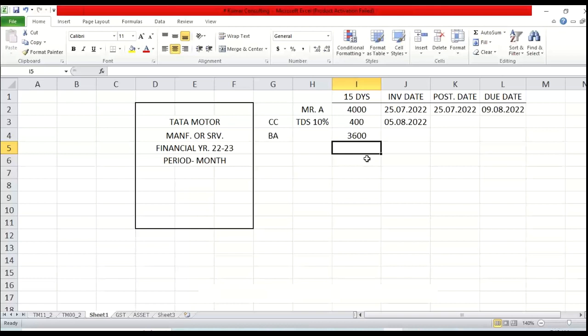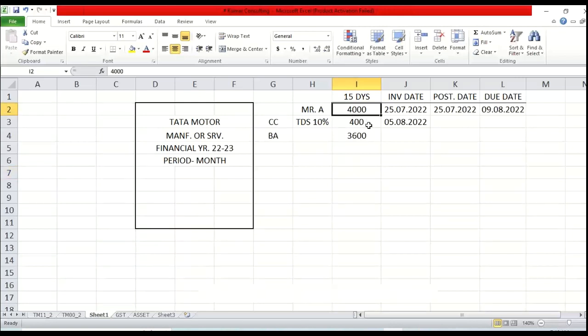Okay, 3,600 payments are supposed to be received by the vendor, right? So here is what will happen, guys. Generally, there is a rule. Let's suppose this invoice belongs to July month. This invoice belongs to July month. Okay. Now in July month, what is happening, guys? Let's suppose